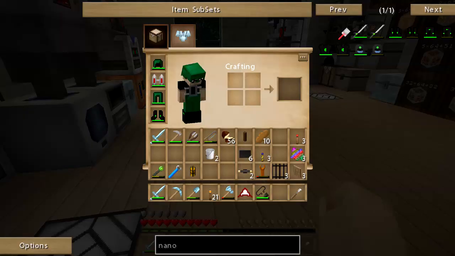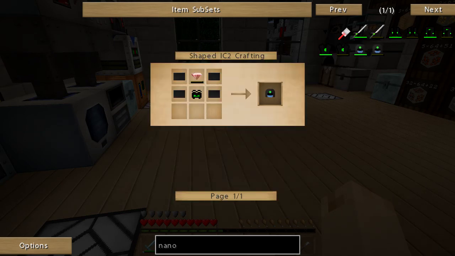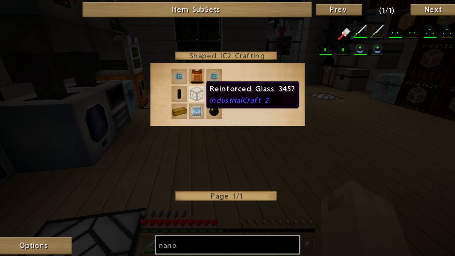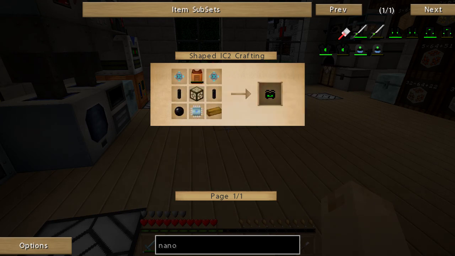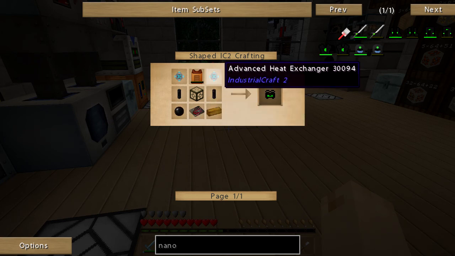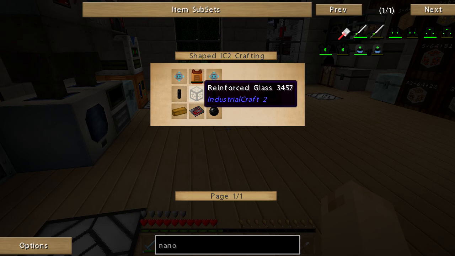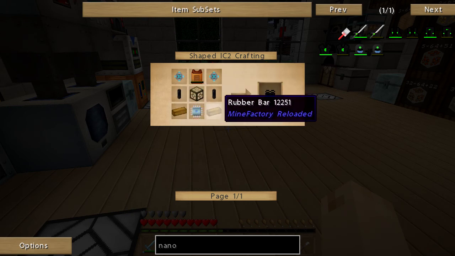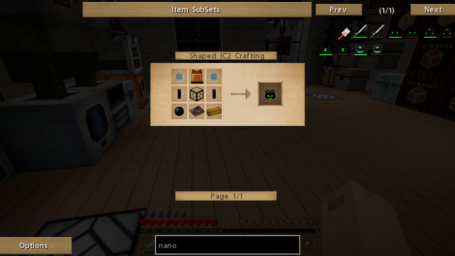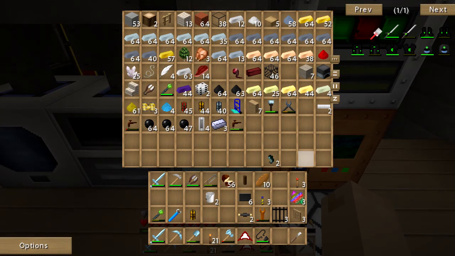All right, let's look what we gotta have for the helmet here. So the nanosuit helmet actually has an extra part here: night vision goggles. And night vision goggles are slightly annoying to make. I don't have any of this stuff ready. I need advanced heat exchangers, an advanced RE battery, reinforced glass, some illuminators, some rubber, some advanced circuits. What are the chances I have any of that stuff? 0. The chances are 0 that I have any of that stuff. I don't even have the...